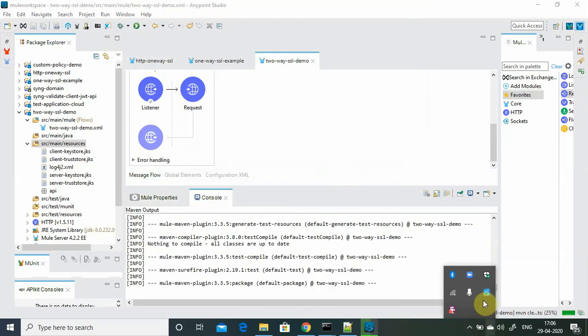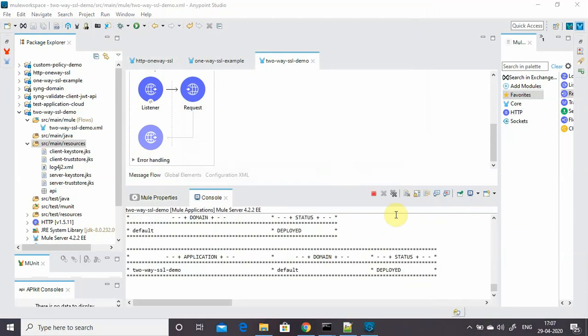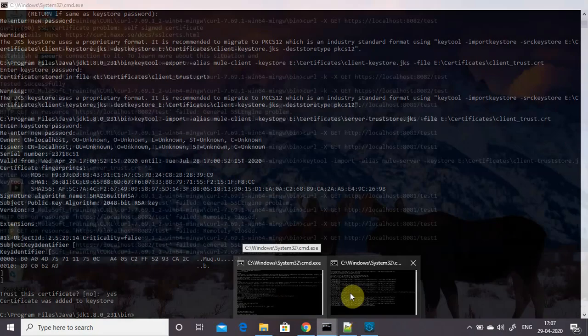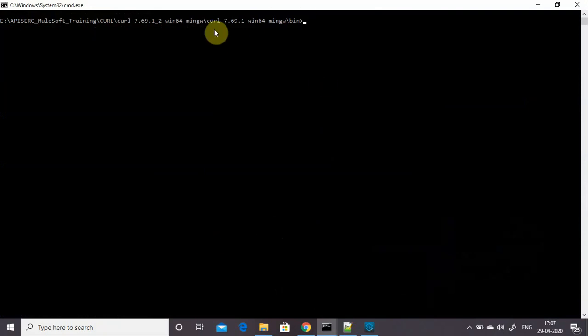So I will just pause the video till application is deployed. Guys, welcome back. So my application has been deployed. So I will test using a utility called CURL. It's a command line utility for testing your REST API. You can download it from internet.